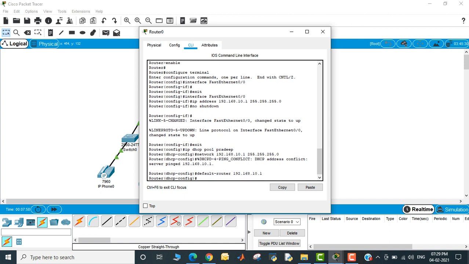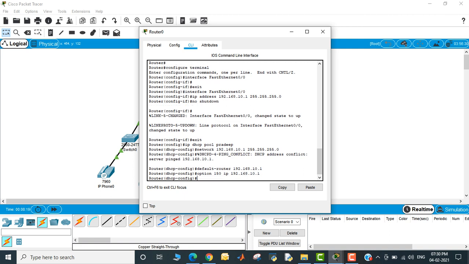Okay, this is the default router, and now option 150 IP, the same, 192.168.10.1. So this is the DHCP configuration. Now I'm going to the telephony service.